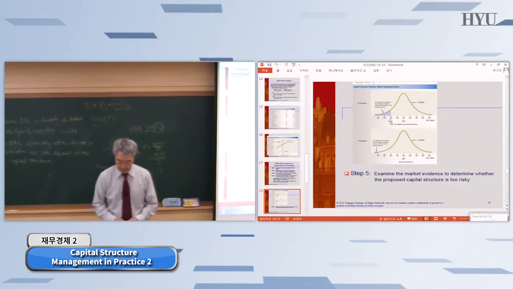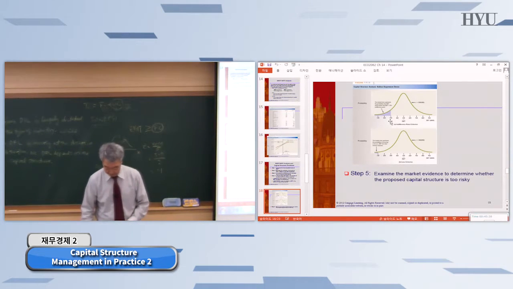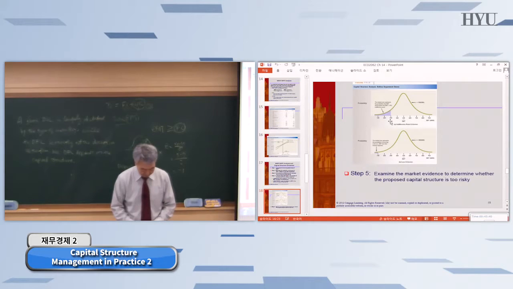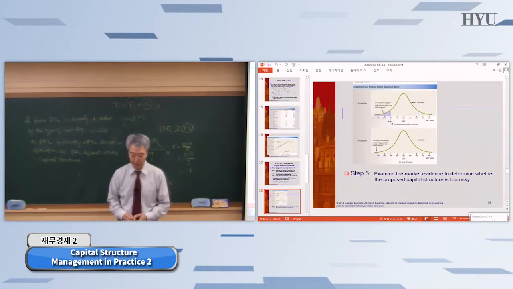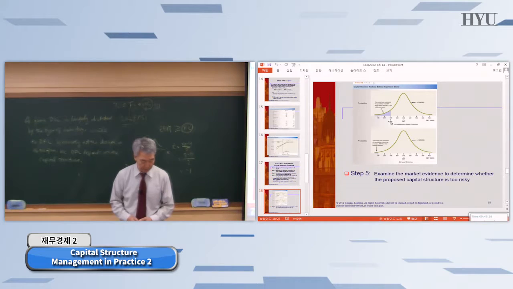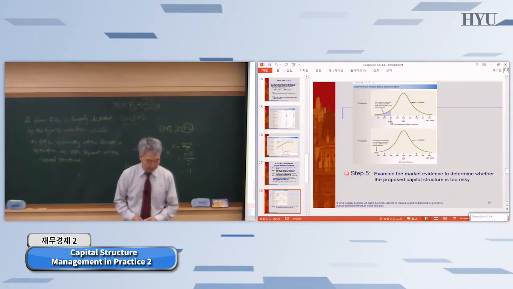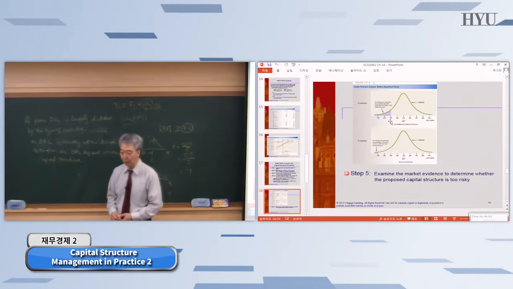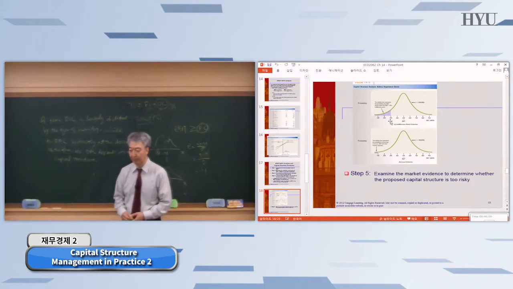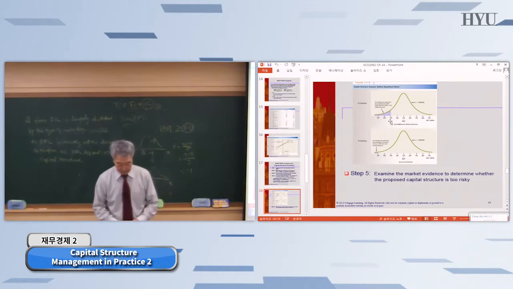Okay? So here, what they're trying to find out is whether this expansion project is acceptable. Okay? And if they go ahead with the expansion project, the story is, okay, their long-term debt ratio will go up by 30%. Long-term debt ratio will increase by 30%. Right? Okay, so